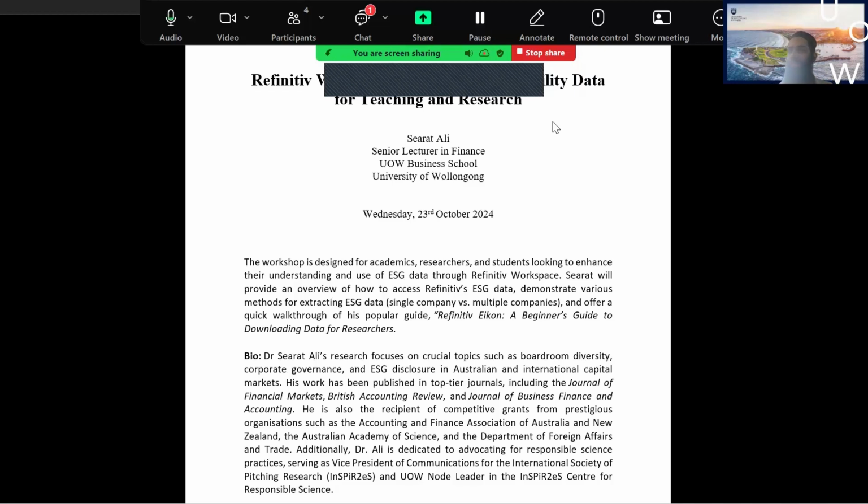Thank you so much, Calvin, for your kind and warm welcome. I feel very privileged to be here at the University of Queensland Business School and deliver this research workshop training for HDR students and staff who are interested in research related to ESG and sustainability issues. Refinitiv Workspace can also be used in teaching. If you are a tutor, or you want to design new subjects as a subject coordinator or lecturer, I have used this workspace in my teaching. It works wonderfully and students benefit.